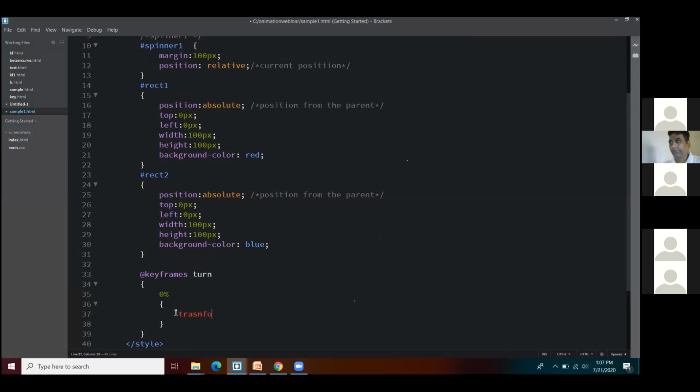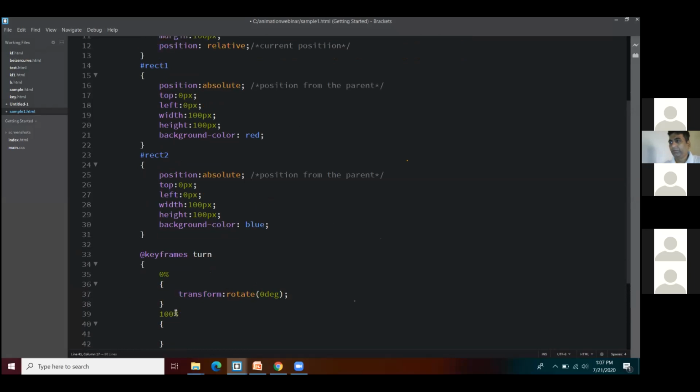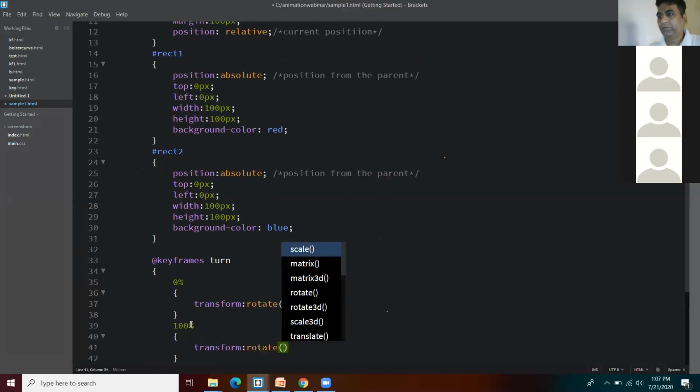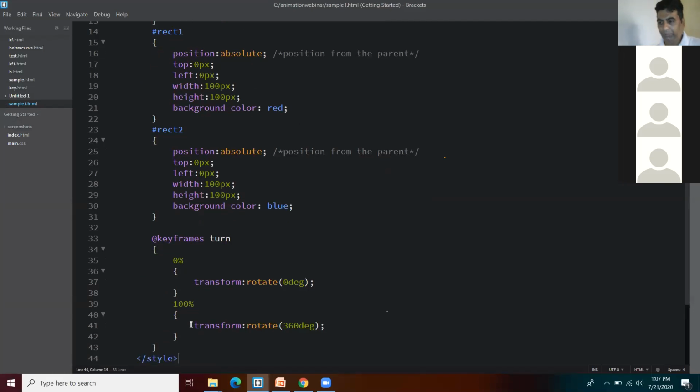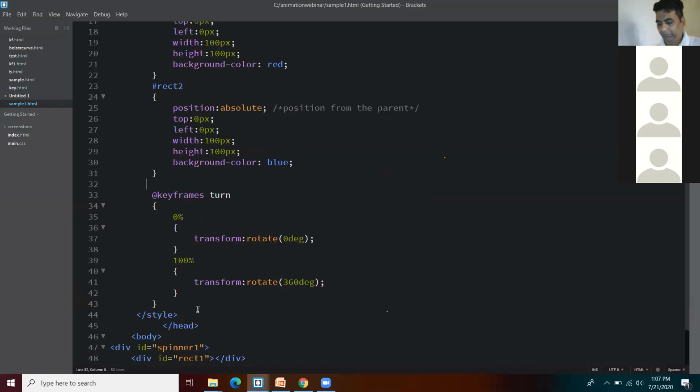We have a transformation called rotate. So rotate from 0 degrees till where? One full turn, which you can call 360 degrees. So use the same function, rotate, and then 360 degrees. My animation keyframe is ready.